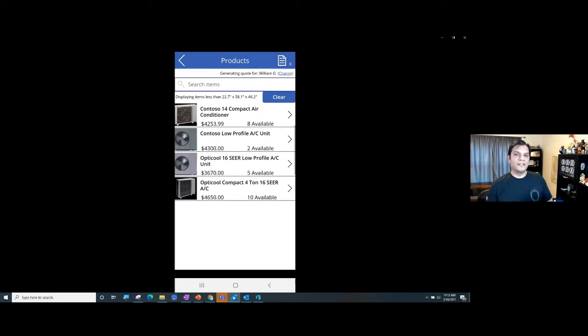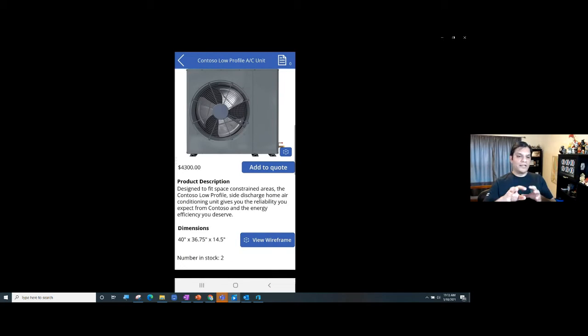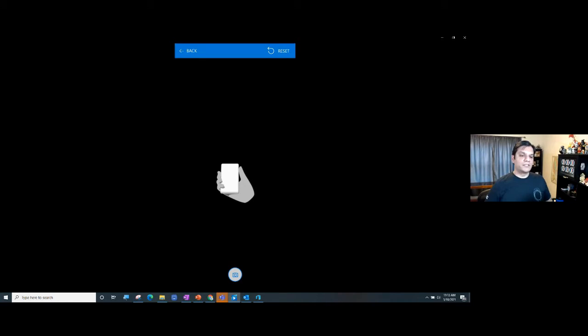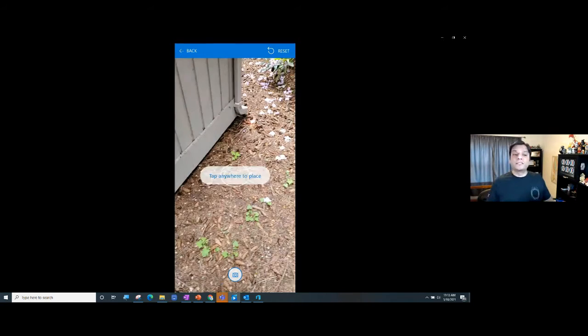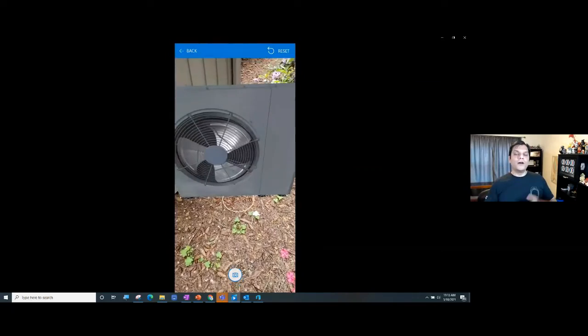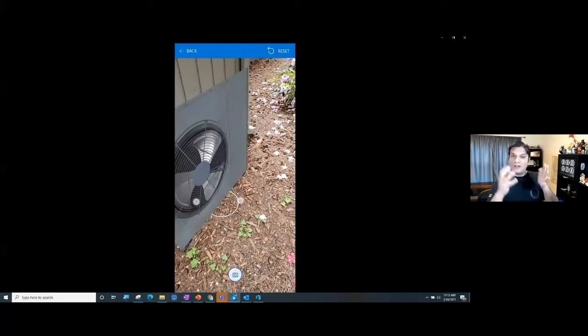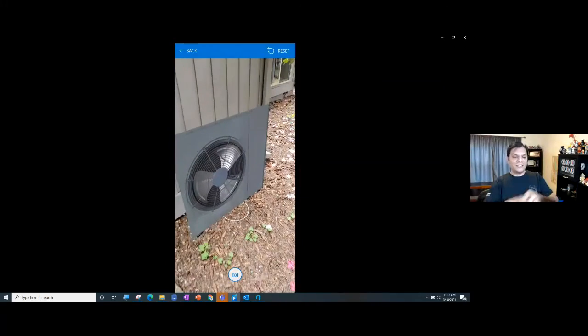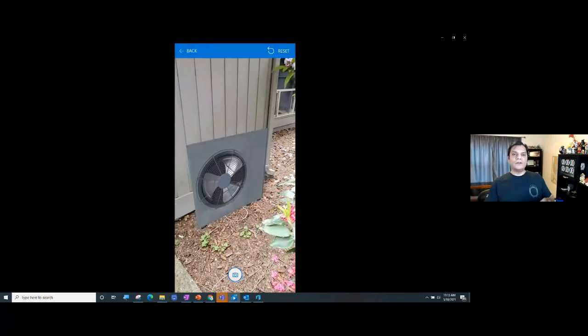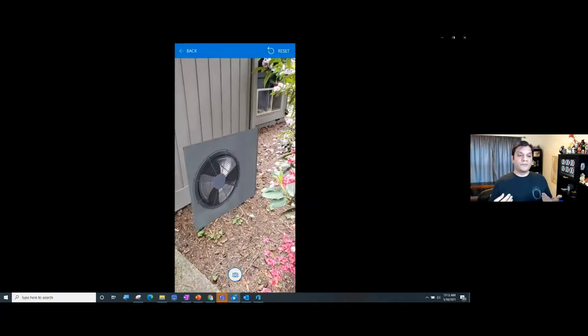Here's, again, a picture of that device over here, the HVAC system. Let me go and grab it. I'll go ahead and see, okay, this is what it looks like over here. Let me use that 3D functionality. And in the next section, you will see that I'm going to actually place it in that same location because I've measured it. I know it works. Let me place it. And now I can get it from a first appearance standpoint. I can see what it's going to look like, not in a book catalog. I can actually see from a 3D perspective in the location which I've already measured, and it works.